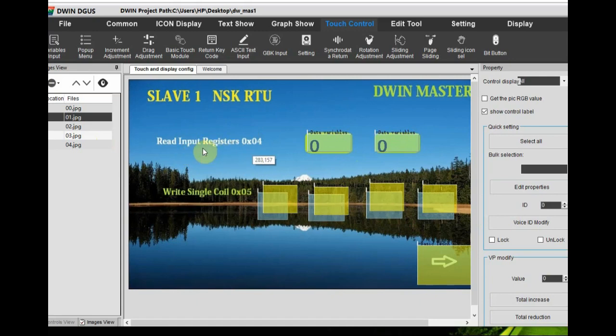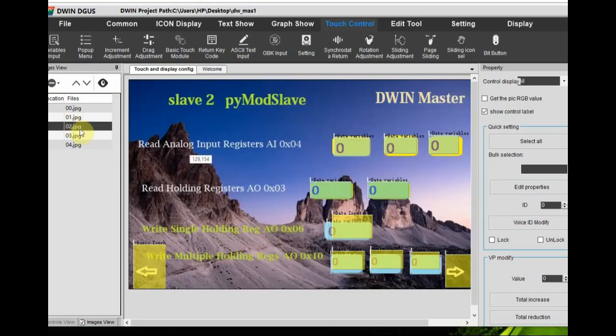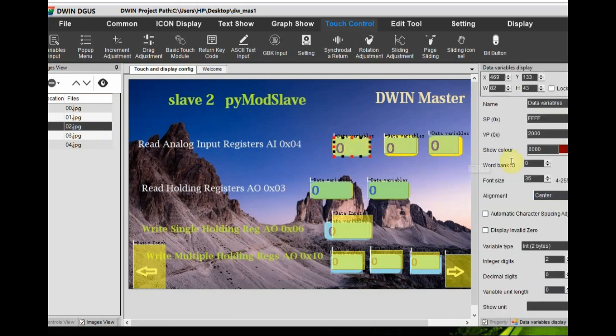For read input registers we use data variables. 2 data variables we are using for getting the analog input values, and for write single coil we use bit icon and incremental adjustment. And for slave 2 PYMOD, that is slave 2 page 3, for read analog input we use data variables. For read holding registers we also use the same data variable,